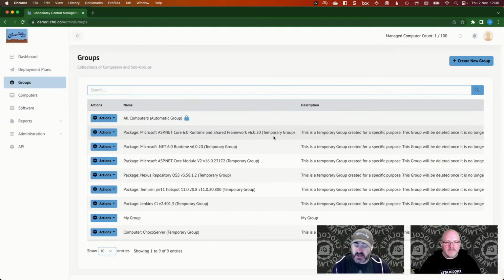So we're taking the stance that if we need to remove or not include computers within that group, we'll do that. If it makes sense to exclude certain pieces of software, like the automatic upgrading of the Chocolatey products, we're not going to allow that to happen because we feel that would be better handled